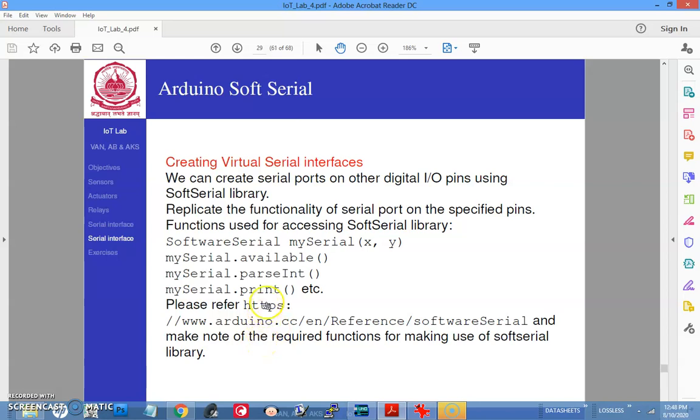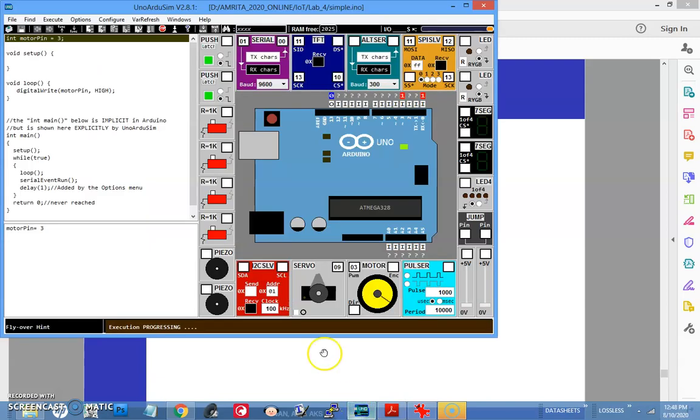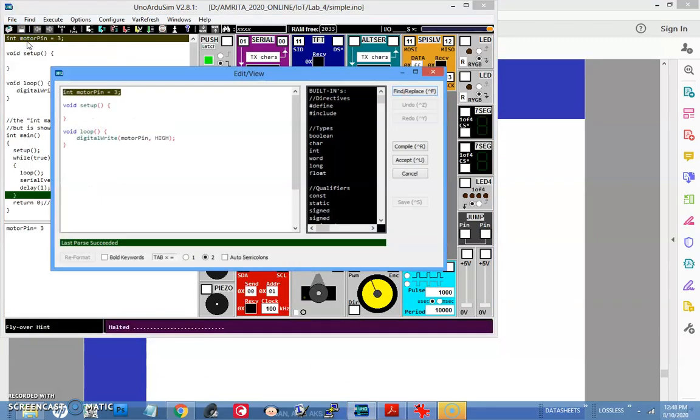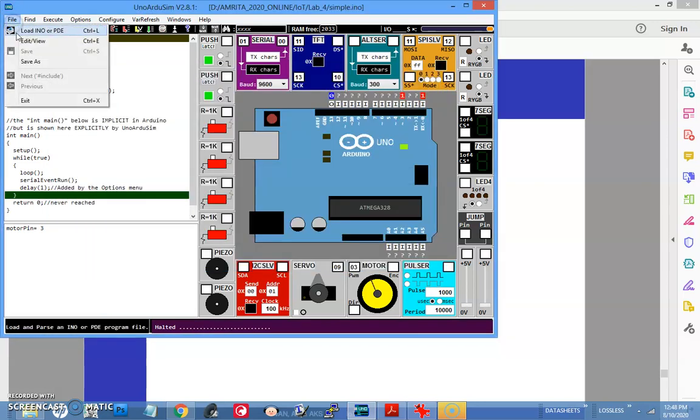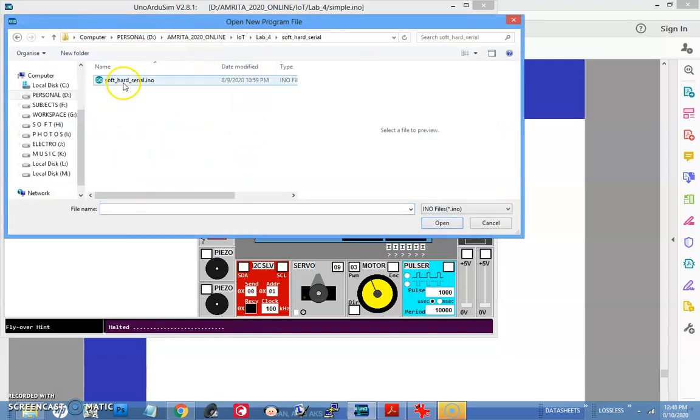So that's all for today's lab. I'll show you how this serial interface program is working. So let me load the software and hardware serial port.